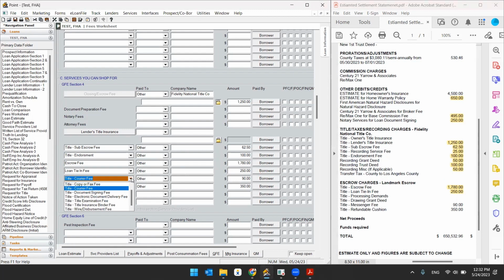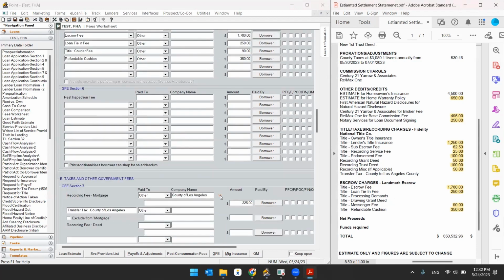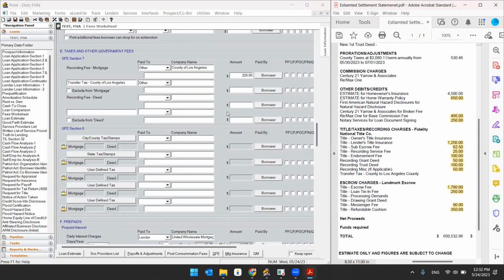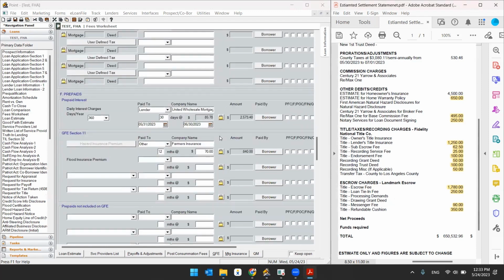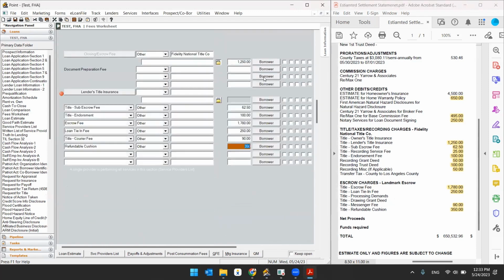If you click the drop-down arrow here, you will see that there are a couple of different options for you to choose from. You can easily type over that and input whatever fees you need to input. Refundable cushion, $350. Okay, so once you're done, you're going to go to section F,